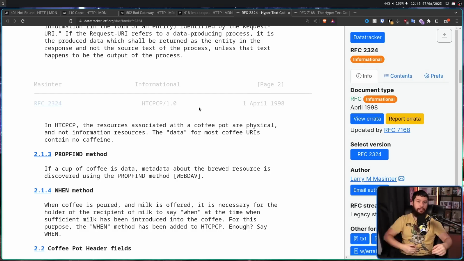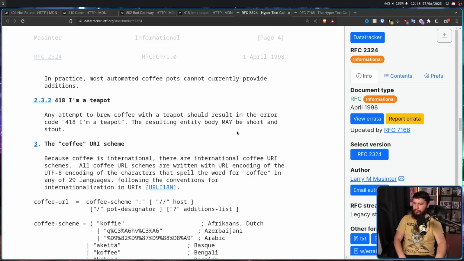And the final method: WHEN. When coffee is poured and milk is offered, it is necessary for the recipient of milk to say when, at the time when sufficient milk has been introduced into the coffee. For this purpose, the WHEN method has been added to HTTP/PCP. Enough, say when. And if we scroll further down to the 2.3.2 section, this is where it defines the actual